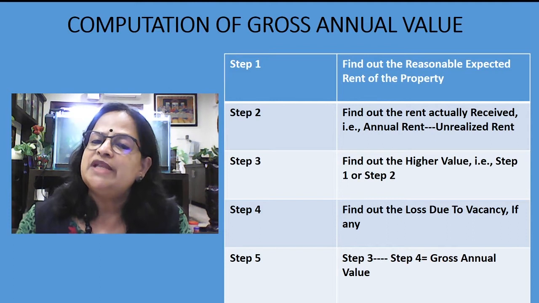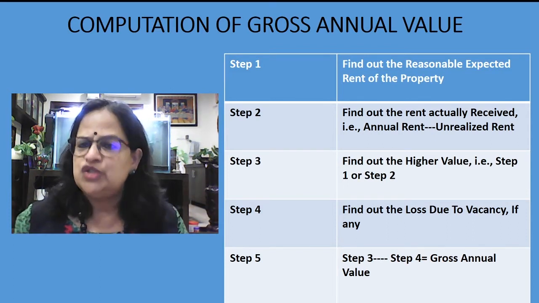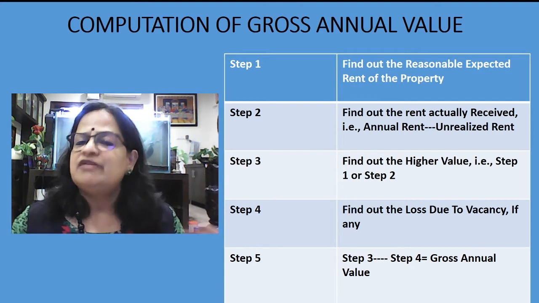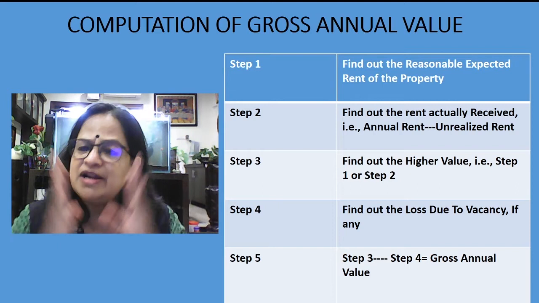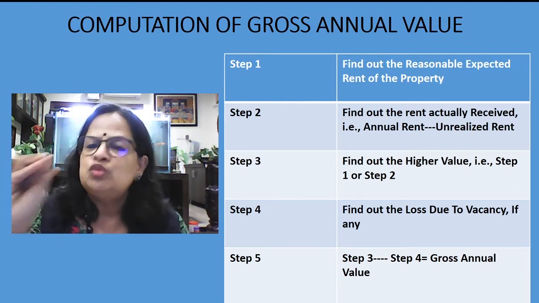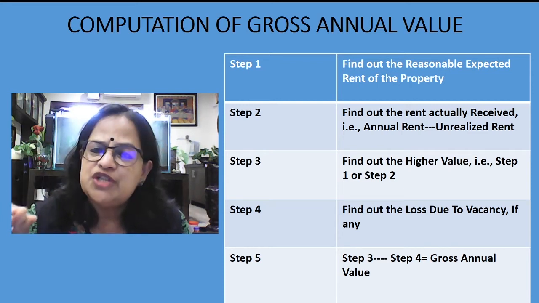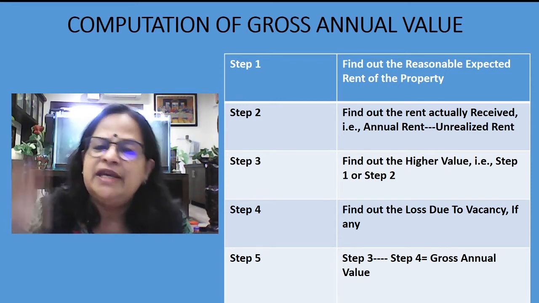See, sometimes tenants will not pay the rent. Now this lockdown period, most of the people lost their job. They got salary cut. They are finding it difficult to pay the rent. So here you have to remember that if unrealized rent is given in the question, that will be there separately. 2 months rent is not paid. That meaning unrealized rent. Here the condition you have to remember that tenant is still staying in that house property,